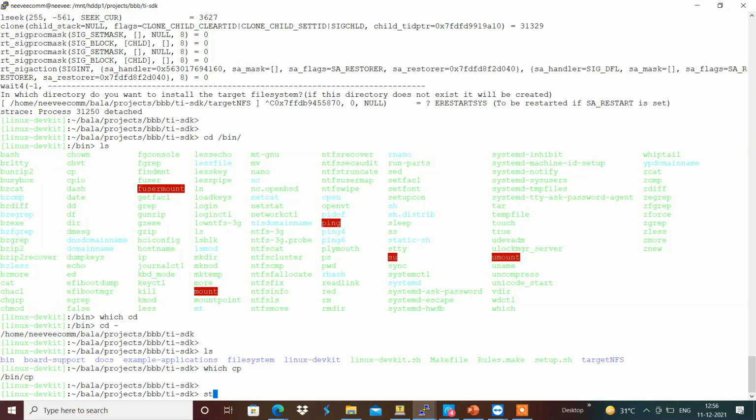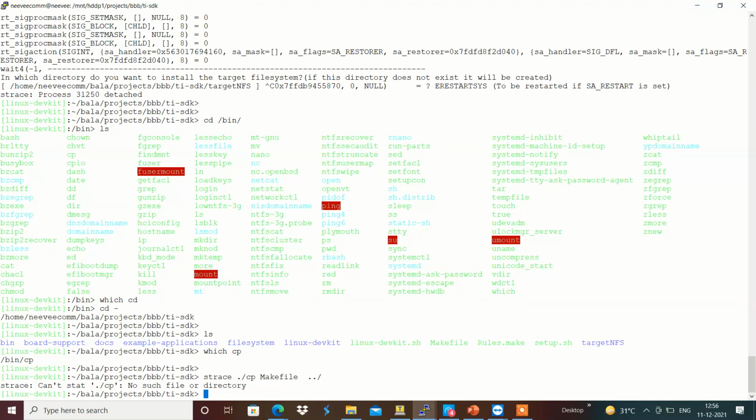If suppose we use cp, maybe I am going to copy this makefile back to the directory.